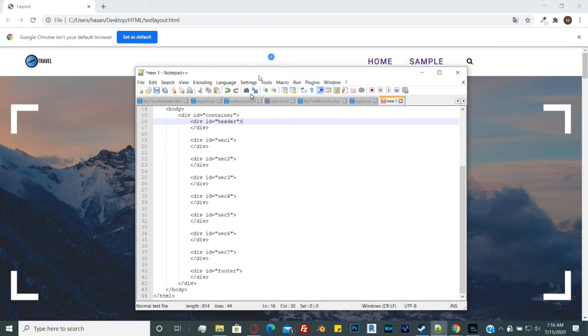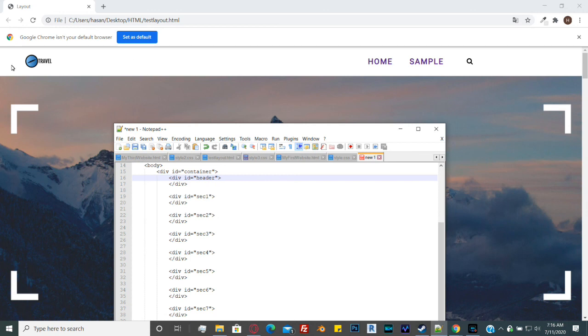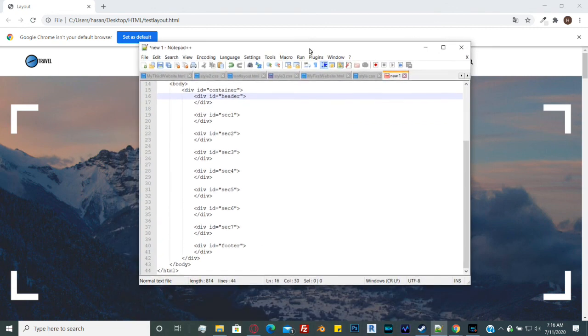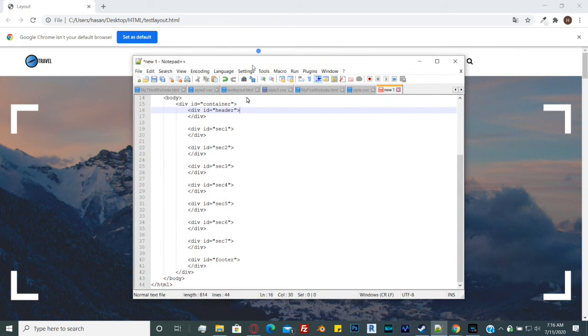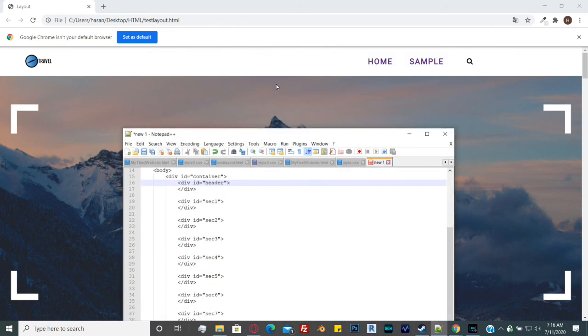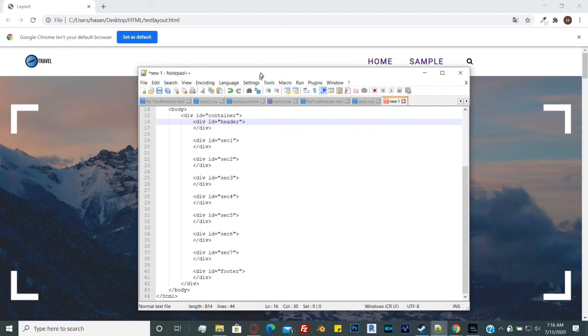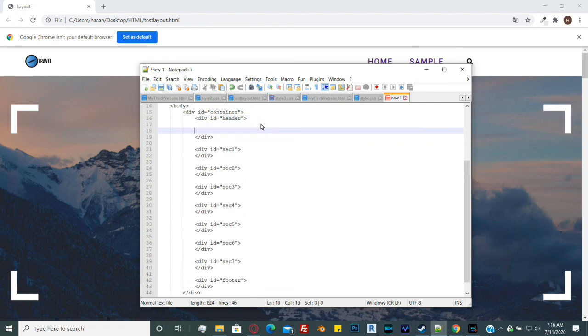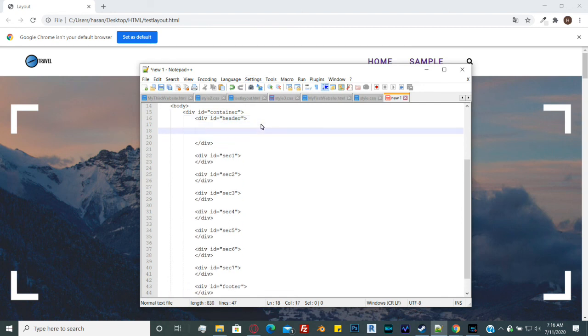So I'm going to start to create some content here in my header. If we look here, the header has a logo and some links and finally an icon, okay? So how I chose to approach this is that I split the header into two sections, okay? On the one side you have the logo, and on the other side you have your links, okay? So what I did is that I put in